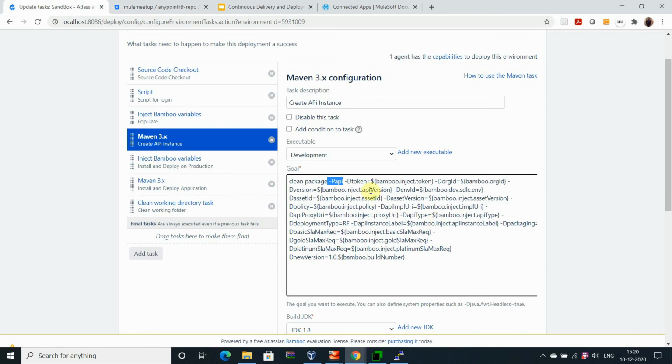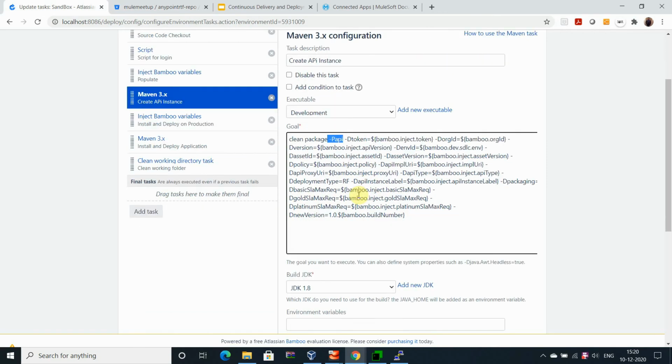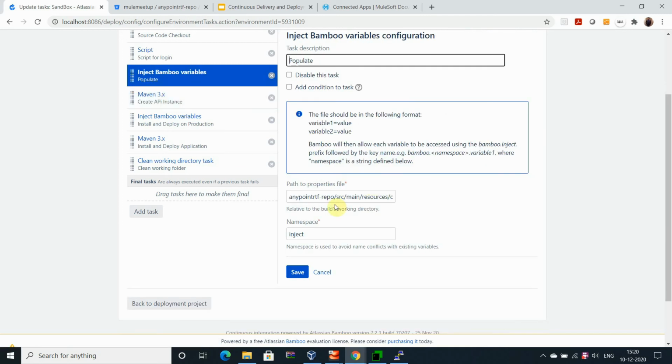So I am going to call this profile now in my POM file. You can see that token, you can see bamboo.inject and token, right? As I explained in the earlier steps, all the properties which I am uploading, I need to access through bamboo.inject with the key name.